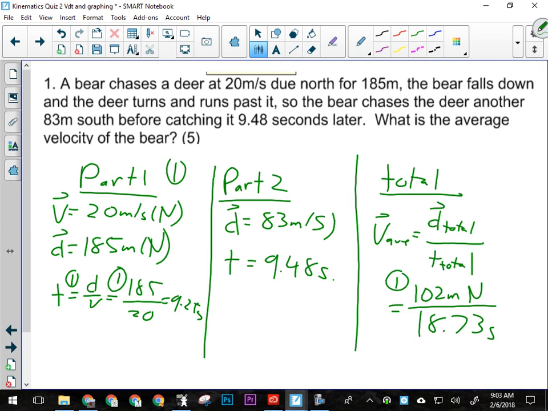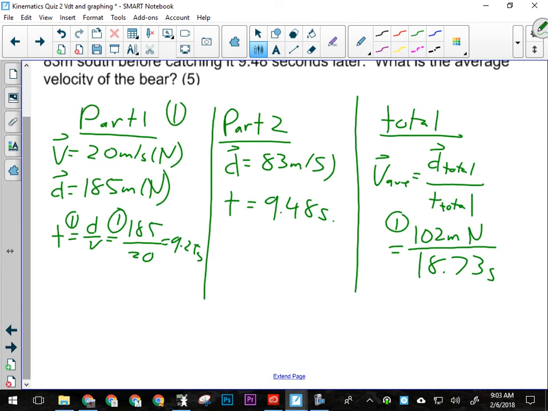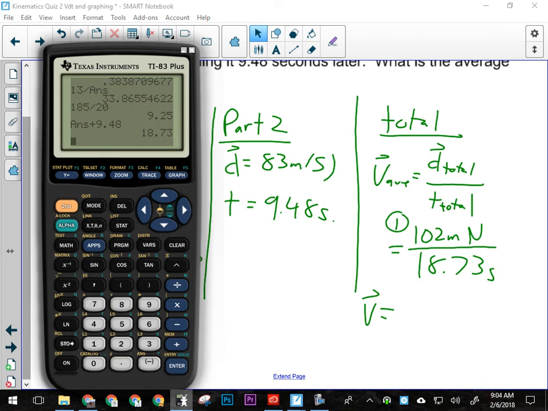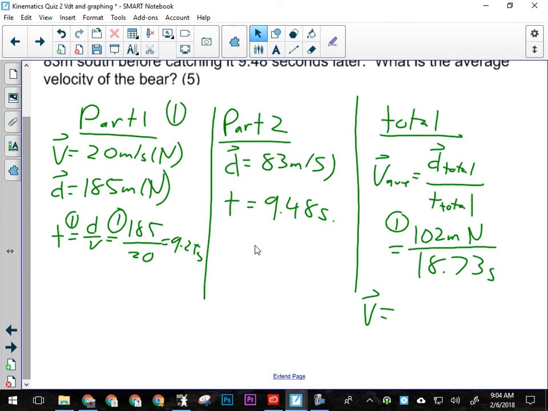That'll give us the average velocity of the bear over the entire trip. So we're going to take 102 meters north, the total displacement, and divide that by the total time, 18.73 seconds. And we're going to get that the average velocity of the bear is 5.4 meters per second